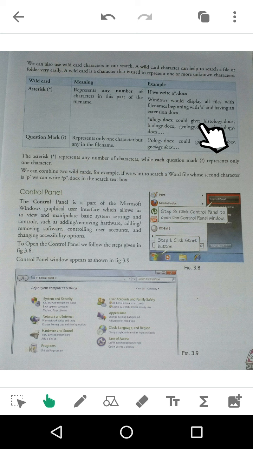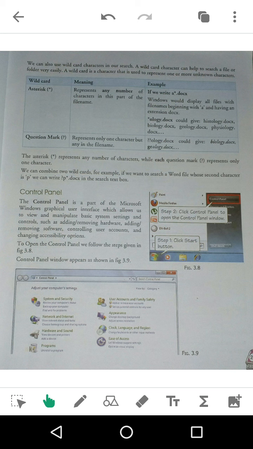Suppose you write A star dot docs, Windows will display all files with file names beginning with A and having the extension docs. So all the file names beginning with A, suppose a long integer. If you have written a program, a long integer, and it has a docs extension, it will get displayed.